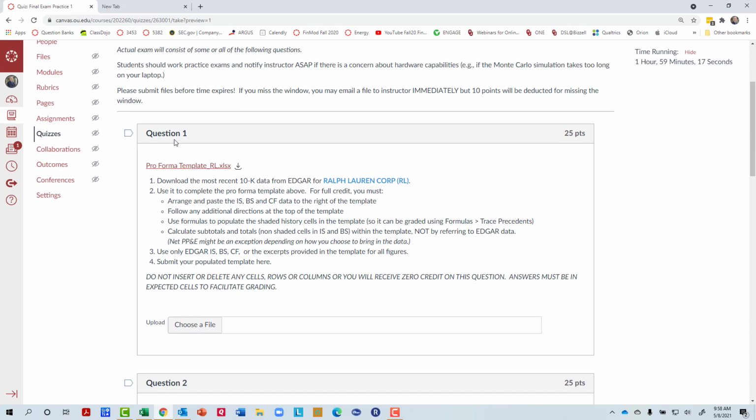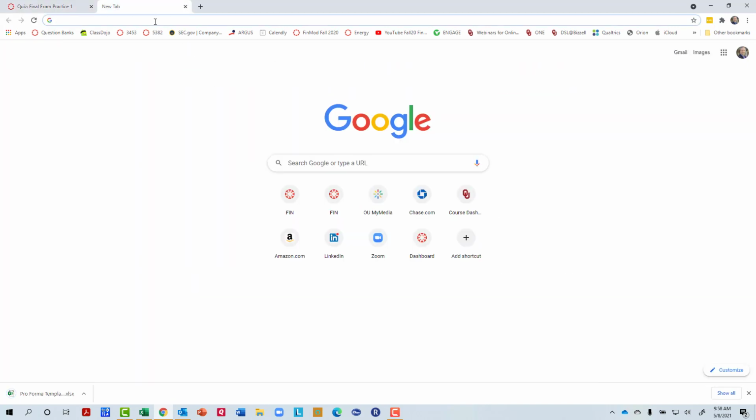So question 1, as you know, this is where we will download the most recent 10K from some company, and it looks like that company is going to be Ralph Lauren Corp, RL. We'll put it in this file. I'll go ahead and download this now so it can be opening. And then I'll go out to